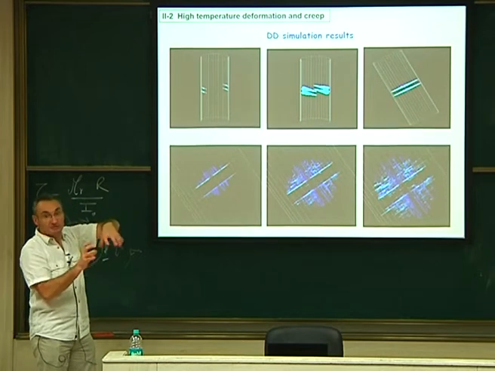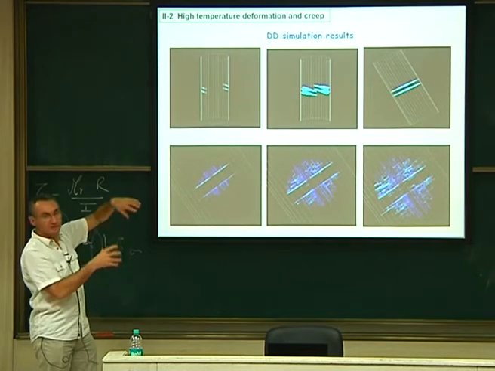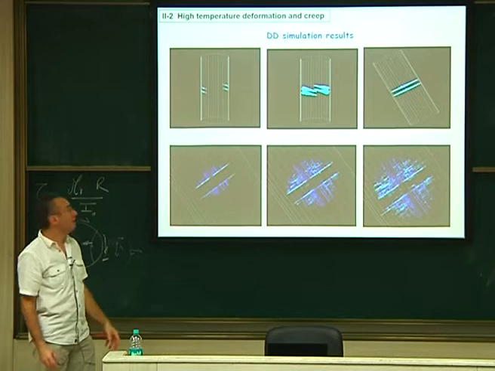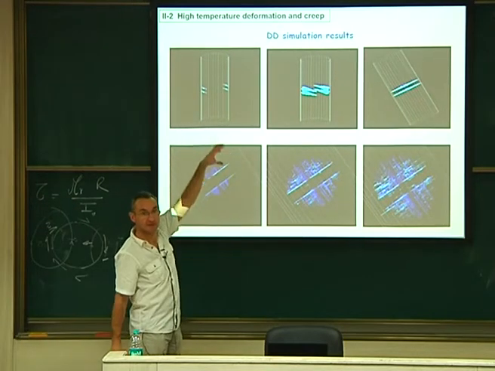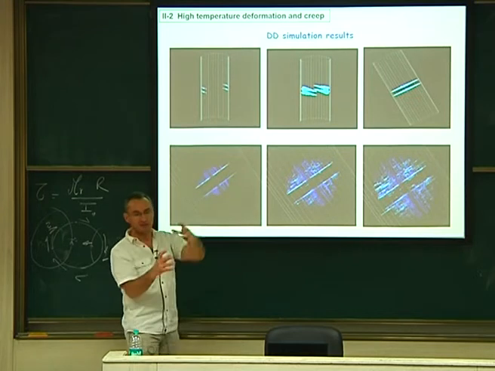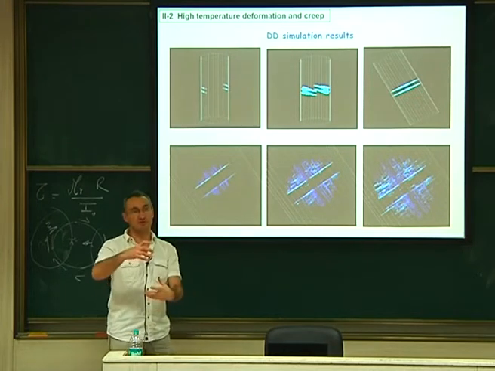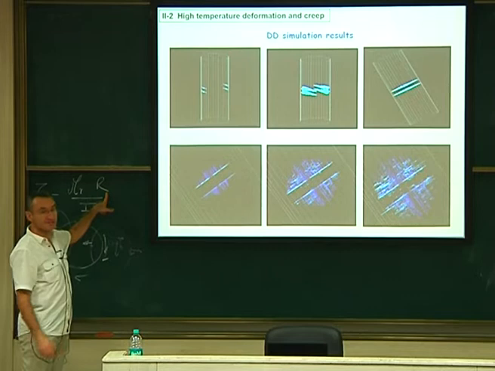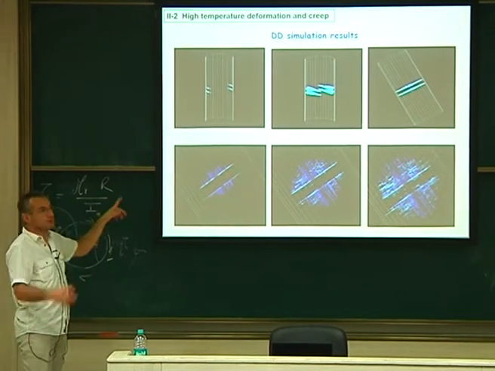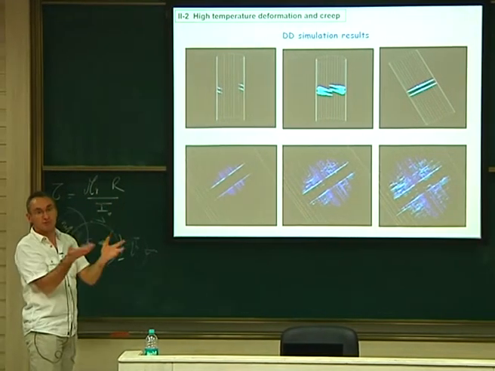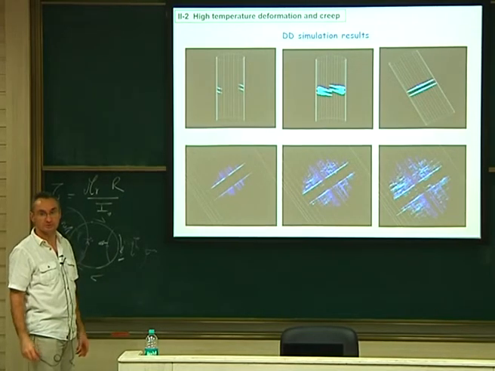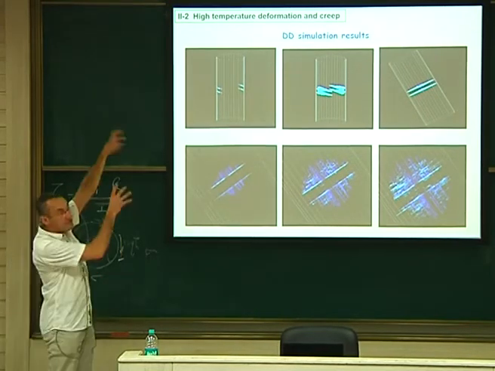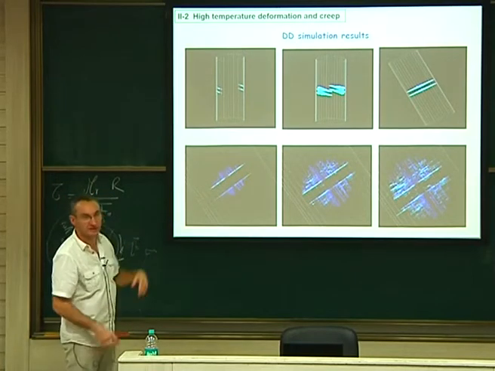So twist boundaries are forming due to this propagation mechanism. Of course, this does not happen at a single place. This happens everywhere. Initially, you have sources usually at the surface, because at the surface the stress is the maximum. And also you usually have some roughness, so you have some cracks, and this will induce some dislocations. So usually this starts at the surface at many places, and this will be the mechanism.